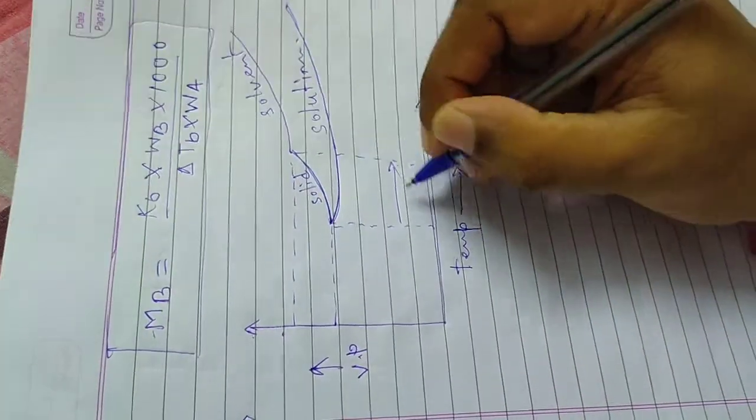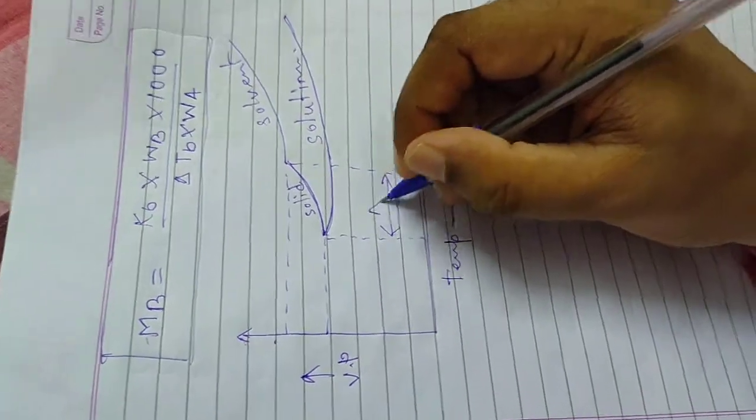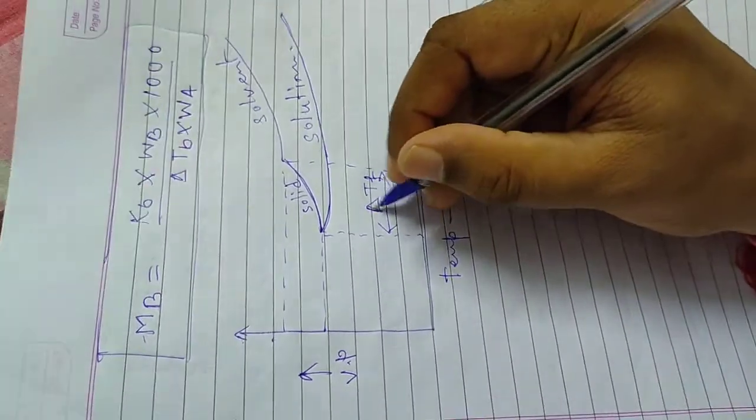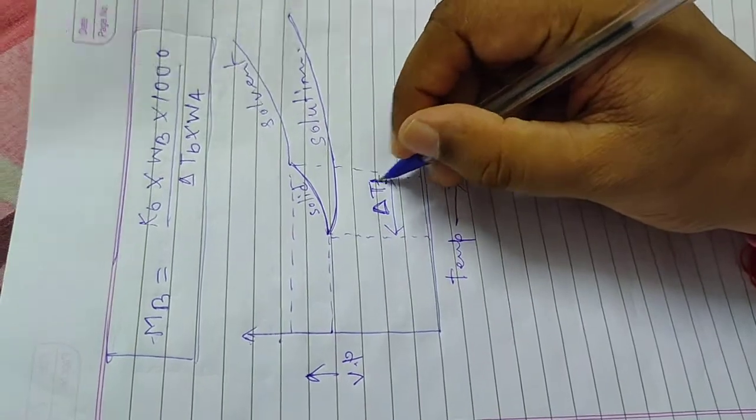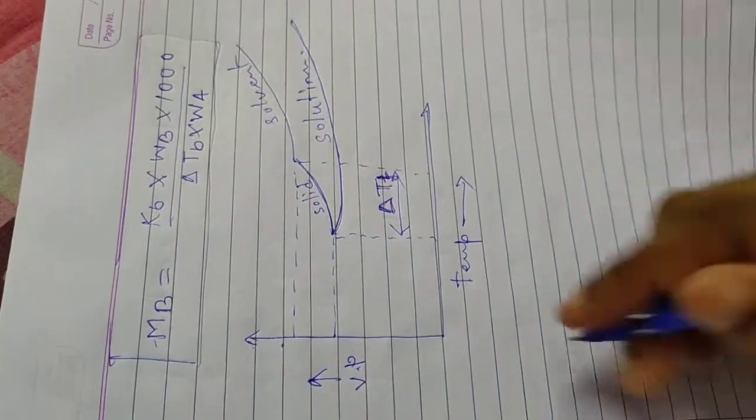Now this difference will be what? This difference is delta Tf. Delta T is the difference of temperature and f for freezing. So delta Tf